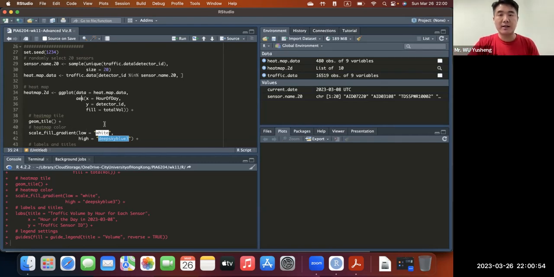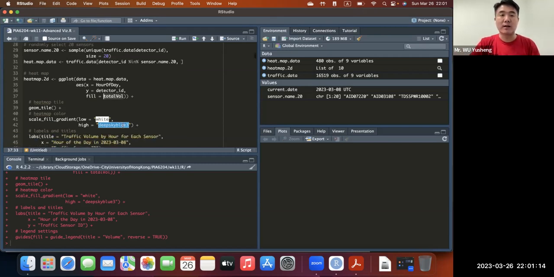And they have aes representing aesthetic. So aesthetic is like the beauty, right? The appearance. In aesthetic, we have x, the number of x, y, the value of y. Fill, that's the color. How do we use what number to fill? We use this total volume to fill the color. And what color is it, light blue or something, right? Volume is like high or low,